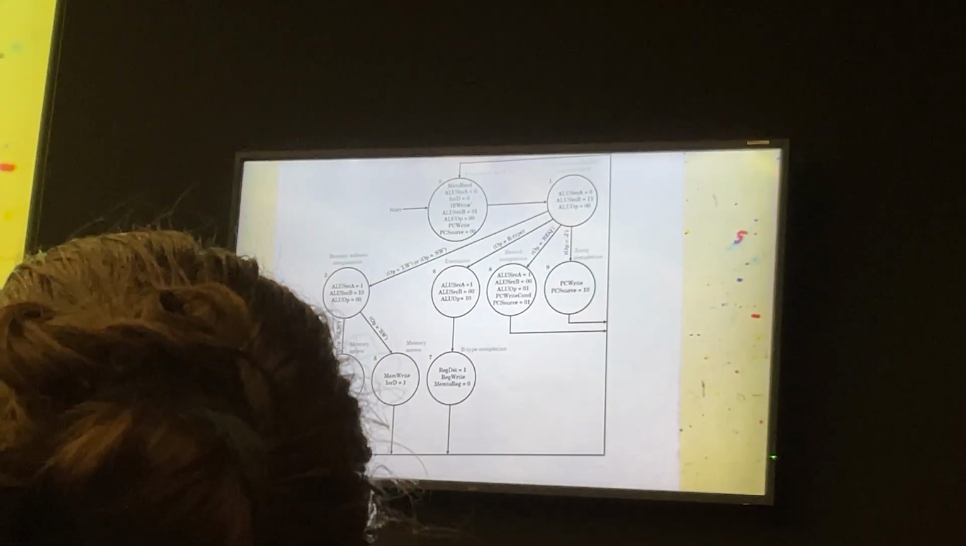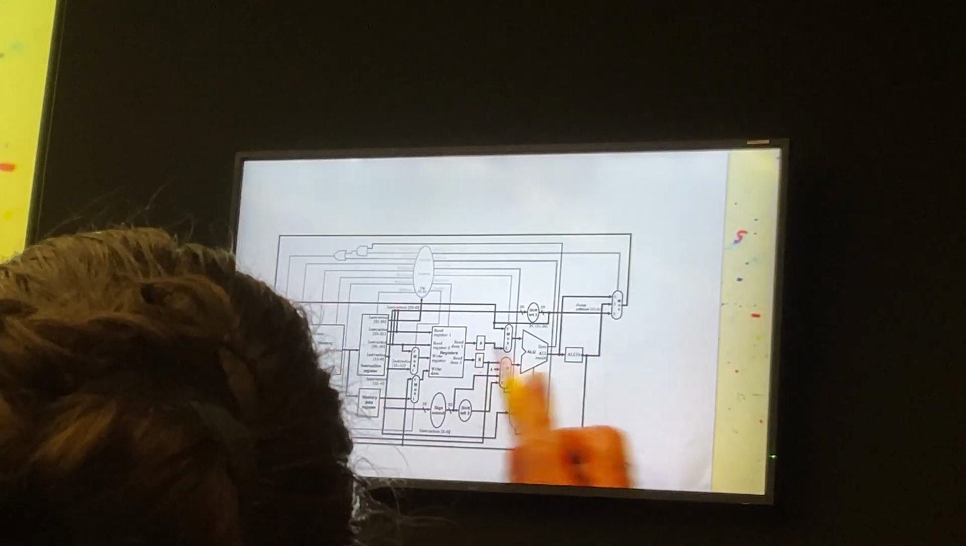How do we do that? We look at our data path, and we say we have A, that means this box has to be